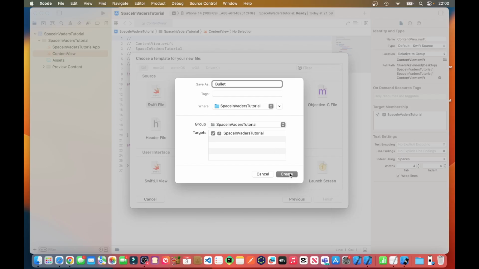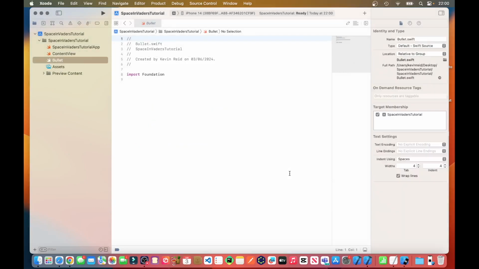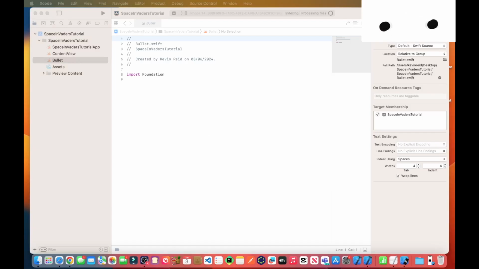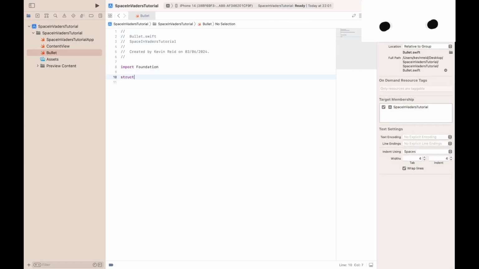Click on Create. And now we create our struct, Bullet,